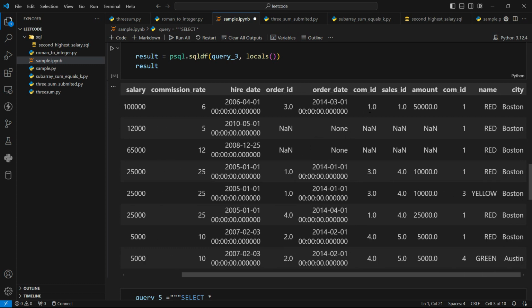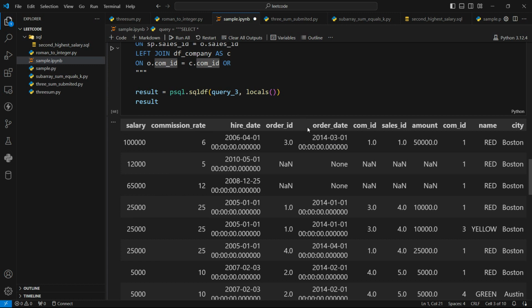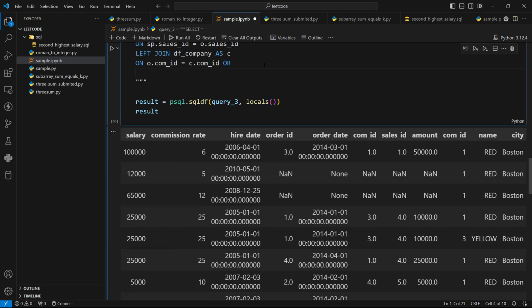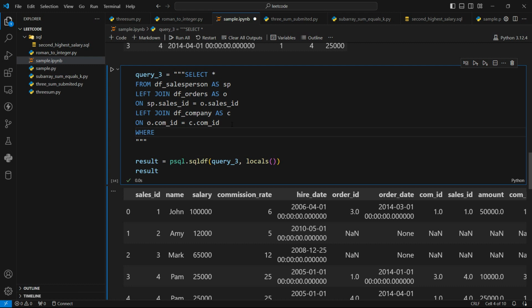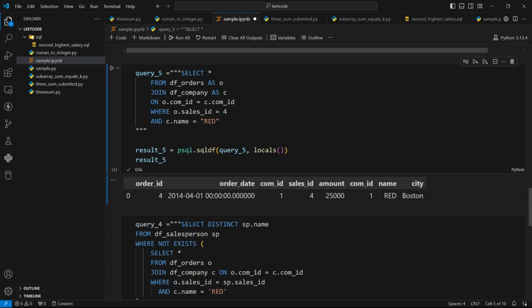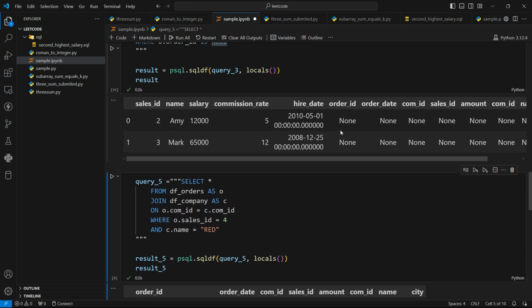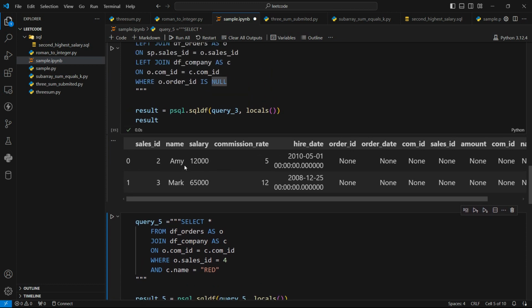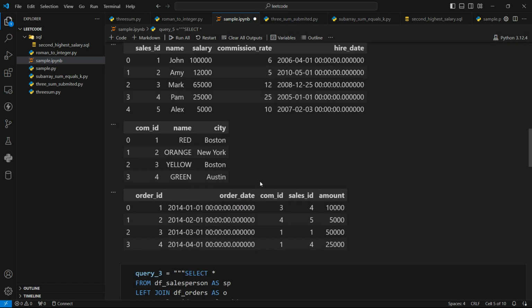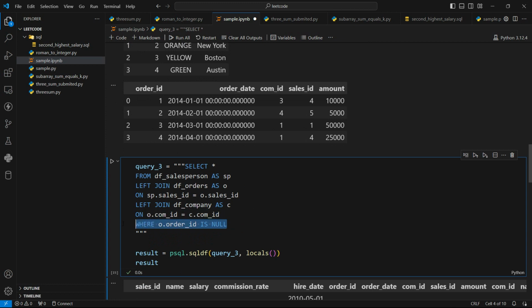Now what do we want? We want the person who did not get any order, right? Where order ID is null. If I do this, then you can see the resultant table will only have the order IDs with these two person names, that is Anna and Mark. Okay, but what if I again filter it